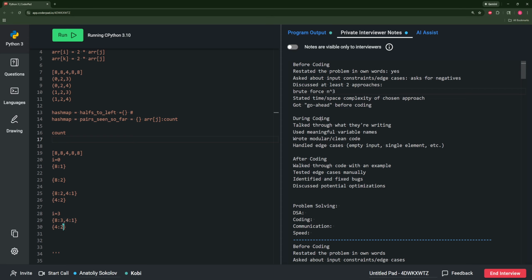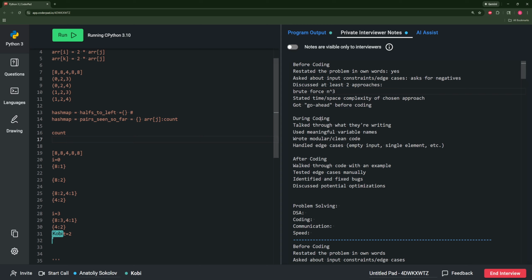But I guess if I were to, no, that's fine. If I encountered another 4, I would have to up this number, but that should still be fine because that 4 would be to the right of all the 8s we've seen so far, which is stored as all the 8s seen that were to the left of this 4. So I would end up with 8, 3, 4, 1 in my first hash map and 4, 2. And then in my count at this point would be